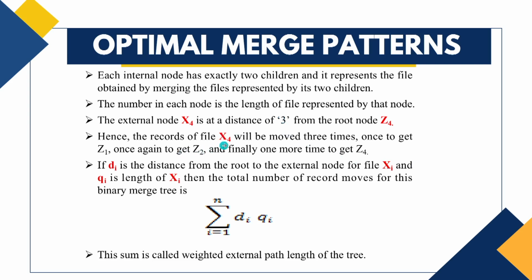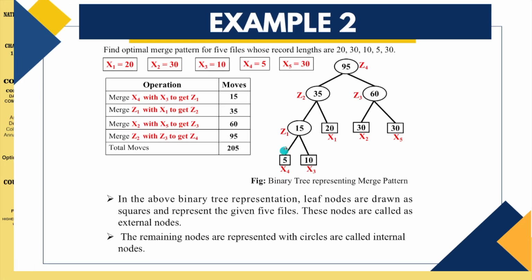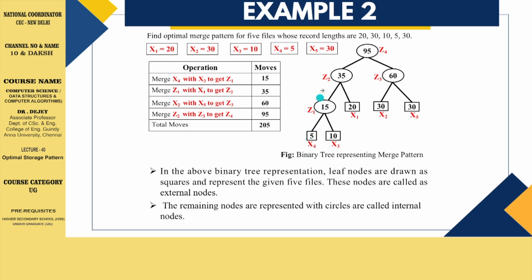Hence the records of file x4 will be moved 3 times, once to get z1, once again to get z2, and finally to get z4. So what we say here is that just because x4 is a leaf node, every time I construct z1, z2 or other nodes that are higher in the hierarchy, so for all of these ancestors, this x4 has to be